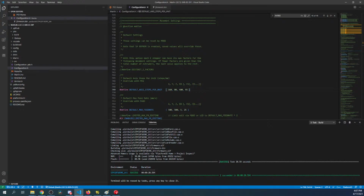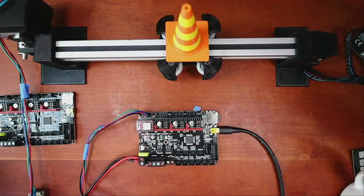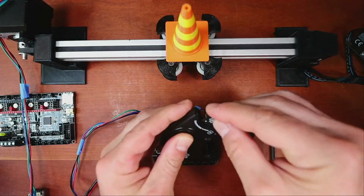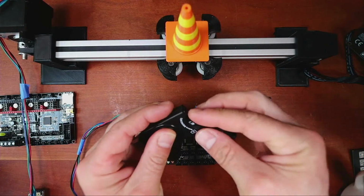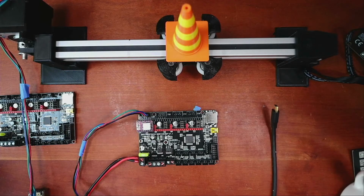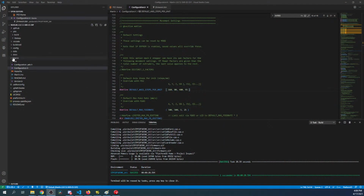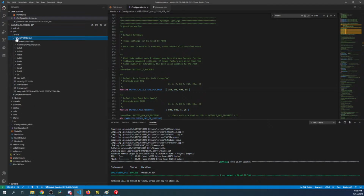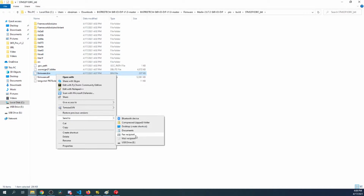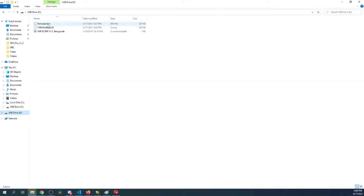Yeah, so I'm going to load this real quick. Let me go over to the desktop and pull the drive out. Just need to de-energize part of the system by taking this out. Pop this out. Place it in here, hopefully correctly. And then plug it into the computer. I don't know if this will make any difference, so we'll see. So it's already rebuilt. So we're going to go to build, chipset, find the actual thing, reveal in File Explorer, right click again, send to USB drive, check to make sure it just copied over,